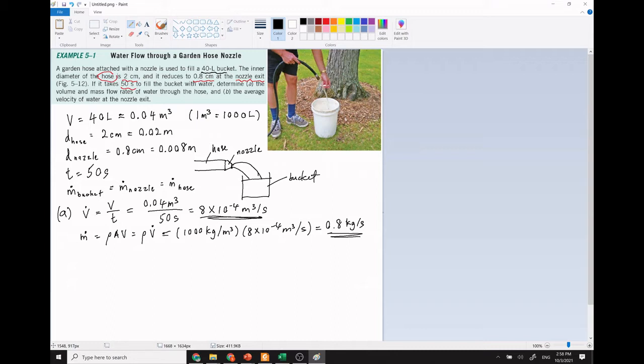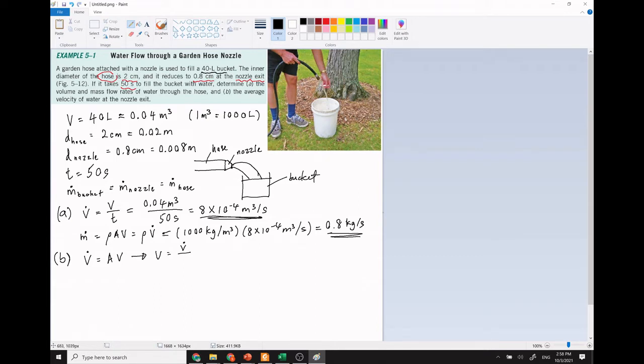B, you are asked to find the average velocity of water at the nozzle. At the nozzle you must know the diameter of the nozzle, because the diameter is different at the nozzle and also at the hose. So you can use this equation, V dot equals A V. So your velocity V is equal to